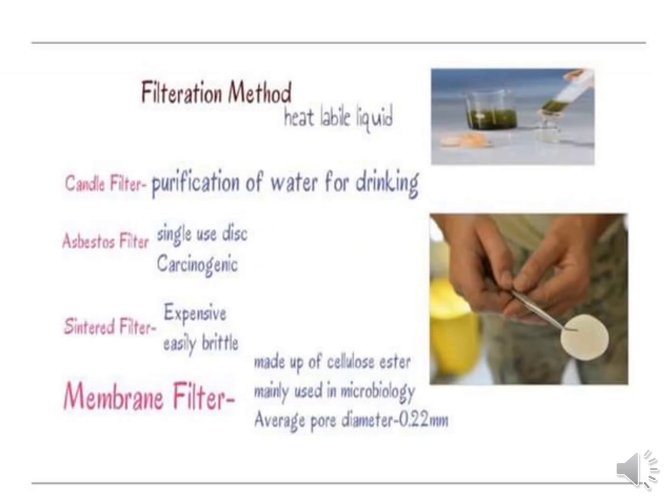And the next method is filtration. Especially if it is a heat labile liquid, we can use the candle filter, asbestos filter, and sintered filters. You can also use membrane filters, especially in microbiology, where the pore size is very small, 0.2